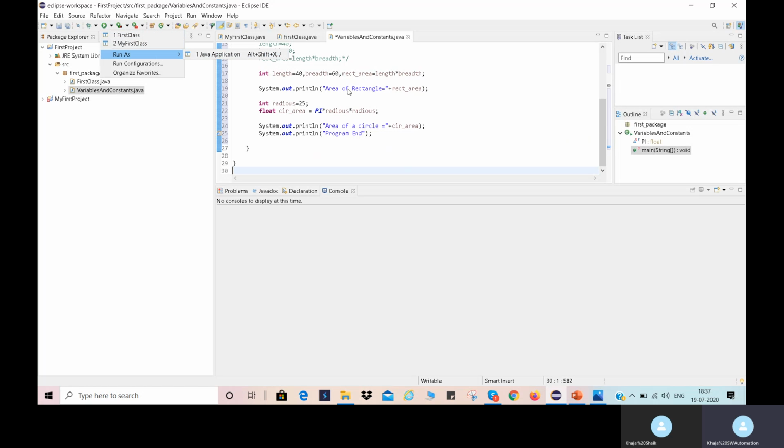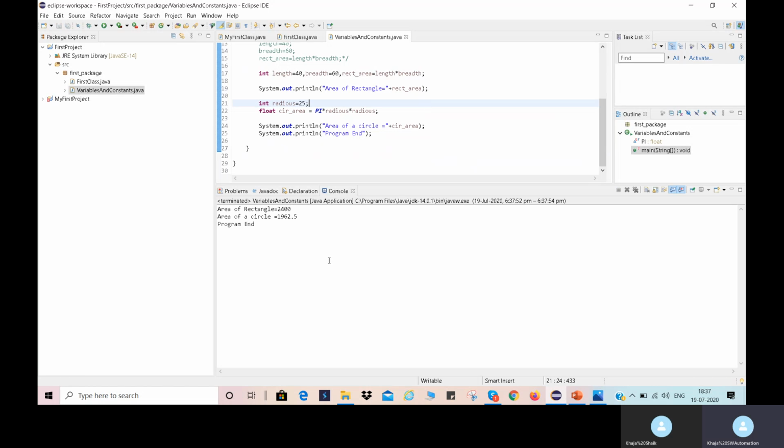This is one approach. Or you can use the shortcut Alt Shift X and press J. See, it is automatically executed. Here it is giving the output. This is the area of the rectangle and this is the area of the circle. Like this, we can execute the program.